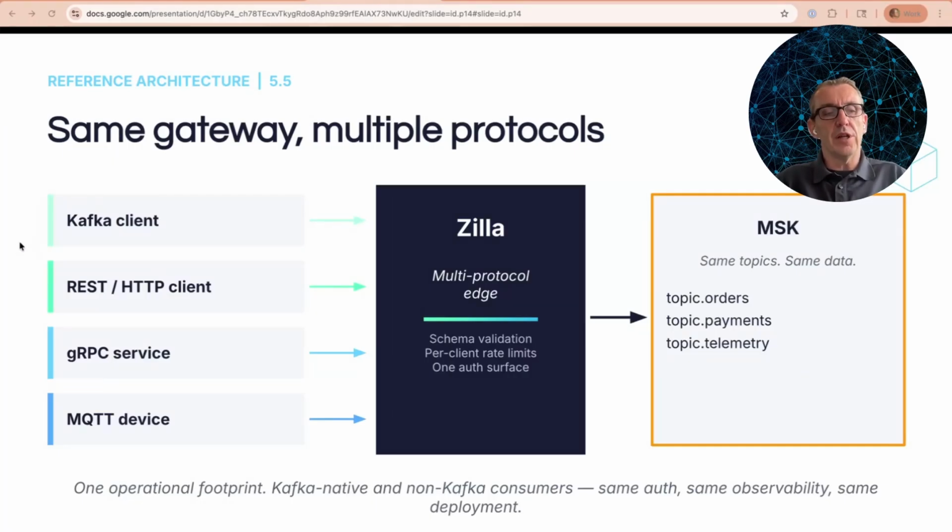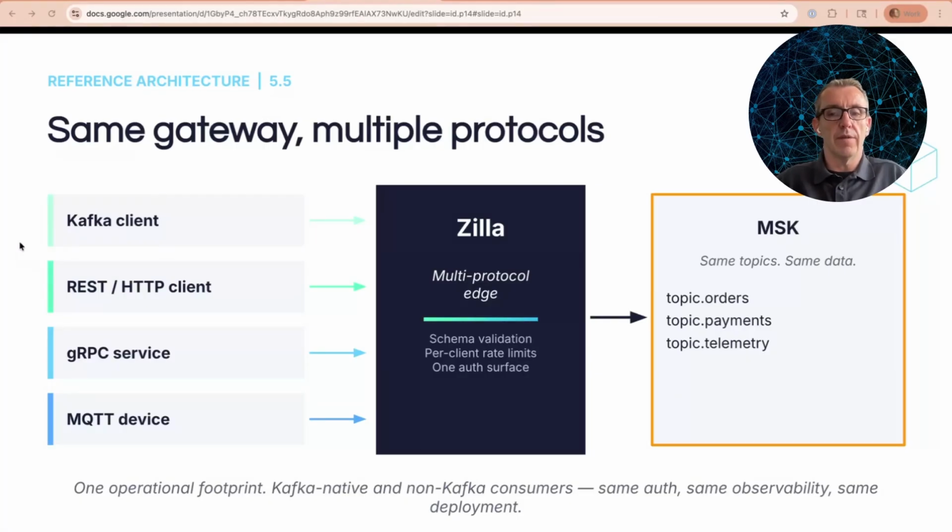But it's not just about the Kafka protocol. With Zilla Gateway, we're able to integrate a number of different protocols and effectively translate those protocols as those clients communicate through to the same MSK topics. We have Kafka clients that we just talked about with a custom domain, but we can also have your traditional REST APIs and server-sent events for streaming messages coming out of MSK through the gateway, talking to the same topics. We can also support WebSocket with MQTT to do IoT style clients, again interacting with the same topics.